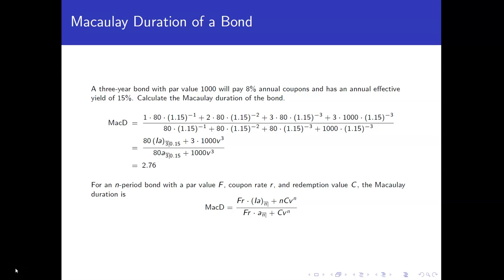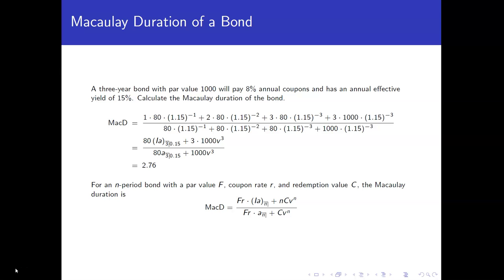In this video, we're going to talk about calculating the Macaulay duration of a bond. So let's say we have a 3-year bond, has a par value of 1,000, and it's going to pay 8% annual coupons. Assuming we have a 15% yield rate on the bond, let's see if we can calculate the Macaulay